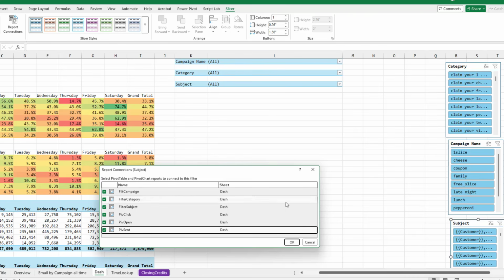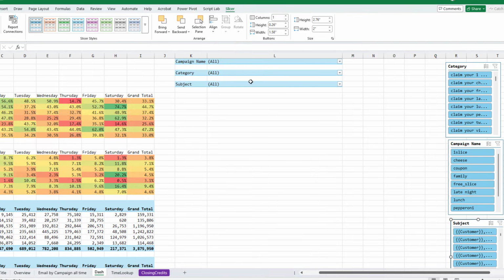Okay, so now I've hooked up all 3 pivot tables down here and all 3 pivot tables here to these slicers. Slicers are amazing because they allow you to tie multiple pivot tables together on a dashboard, which is basically what we're doing. All right, so let's just come in here and go to